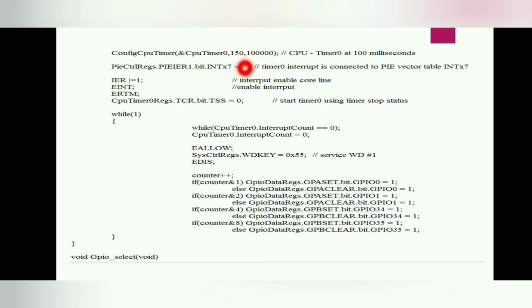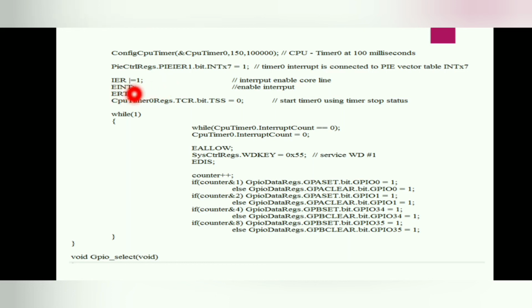We just enable that one. After that we need to enable the interrupt core line by using this statement, an IER OR operation with 1, and enable the global interrupt and debug interrupt globally.